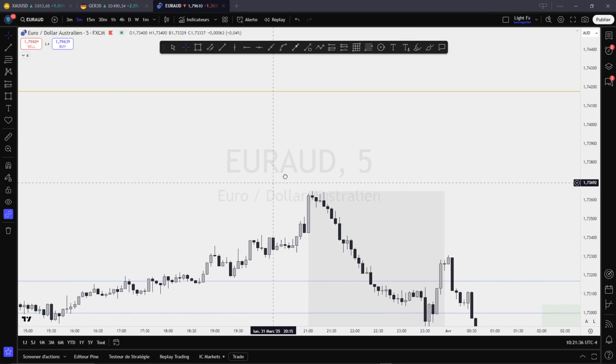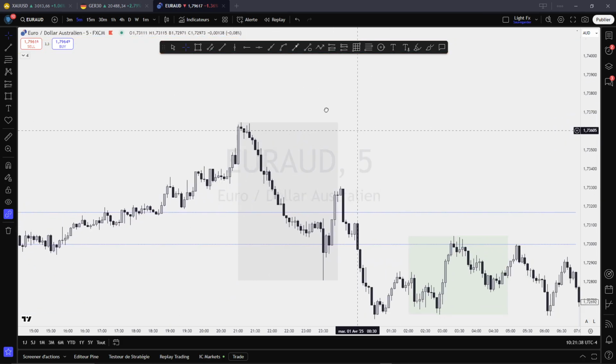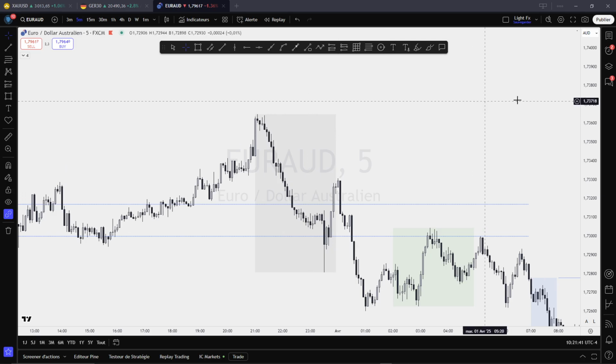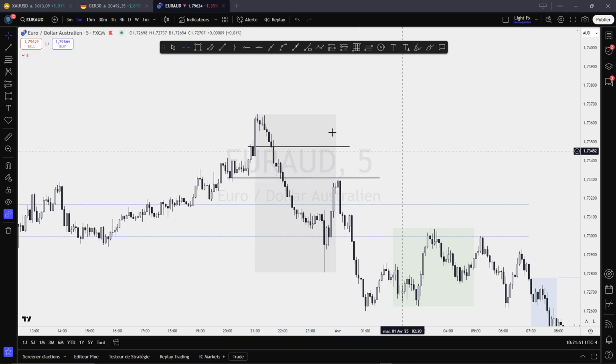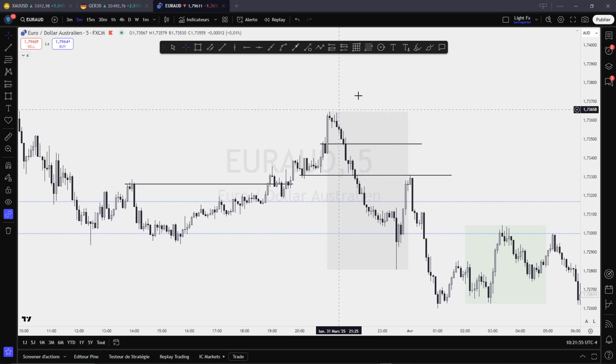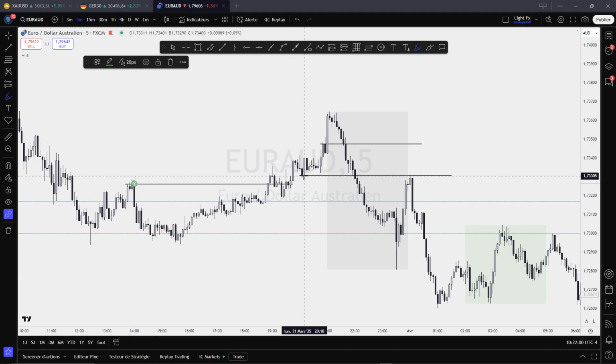So what I'm showing here is, yesterday I showed you the types of key levels. So I'm going to explain to you first on the chart here quickly, and then I'll take you to my drawings that I made up there. Here I have a level. Here I also have a level. Here I have a level. What I'm doing here, I'm just showing you what I mark. Look, this is another level, this is another level, this is another level, and every time price reaches that level, there will be a reaction.